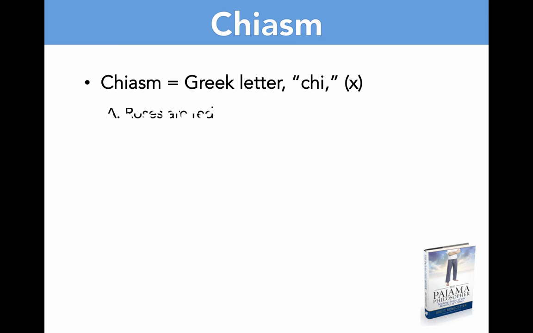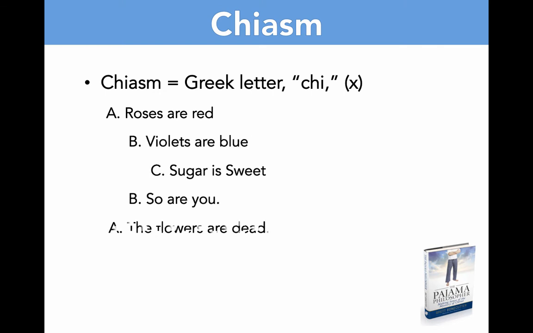Now, a chiasm is an ancient literary device which does not necessarily use rhyming. It's usually thematic, but let's just pretend for a minute that it is based on a rhyme to make it easy. Chi in Greek is the letter X, and so chiasm has to do with a structure that looks like the inside of an X.